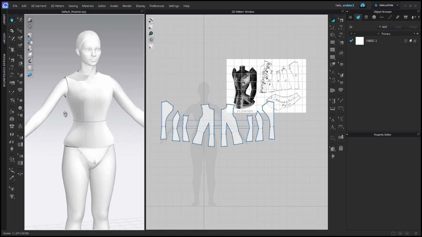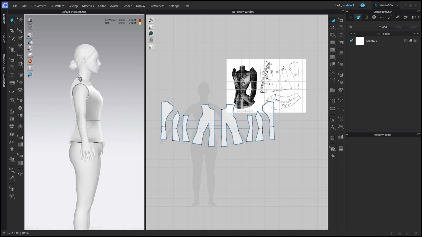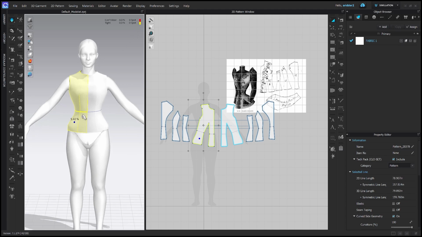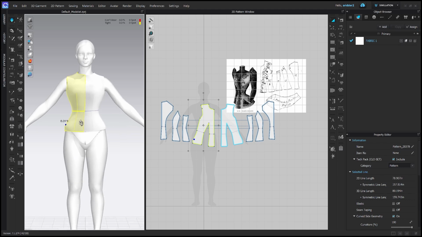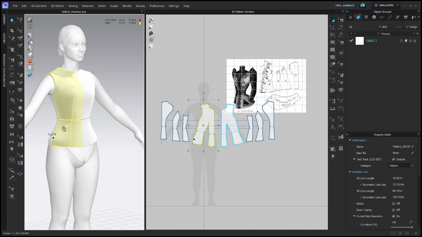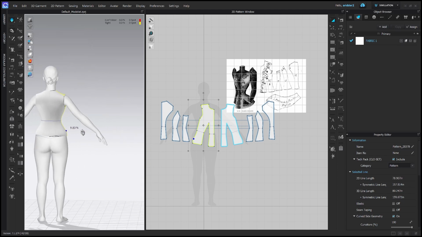We want to check the fit, and to do that, we're going to go to our fit map, which is along the sidebar here. Just hover over the second little rolly fabric icon, and then it's this one, Fit Map. You can also get to it by the key command Alt 8. What that does is it will turn red where the garment is too tight and you can't actually wear it. It'll turn yellow if it's just tight. And the cool thing about the fit map is that it will take the fabric type into consideration. So with this on, it looks like we have no major issues,